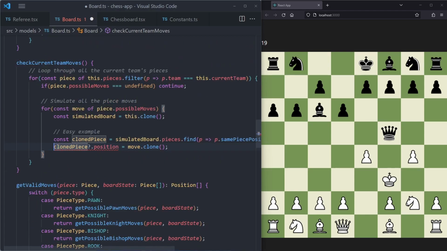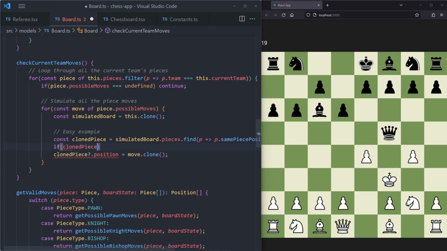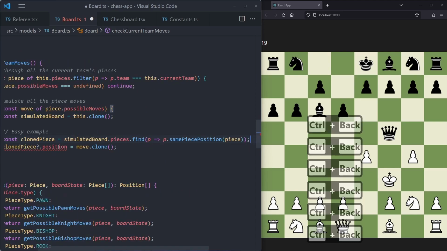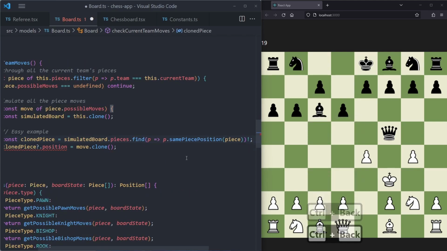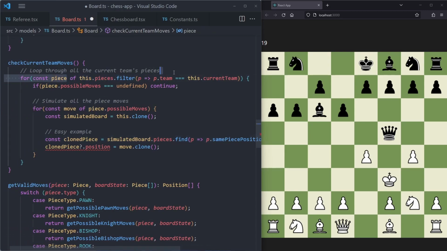Here we get a null reference again. Well, let's say if clone piece dot position. Clone piece can be undefined. All right. Well, that's an easy fix because we know for sure that the clone piece will be on the clone board, because up here we already looked through the clone piece or to the normal piece. So we can remove this question mark,